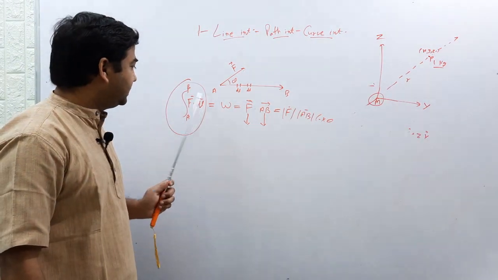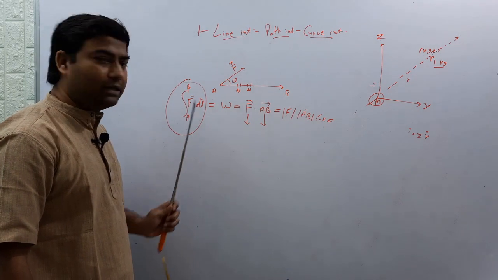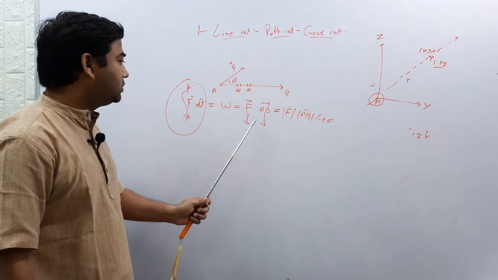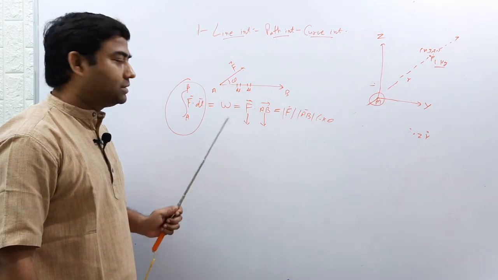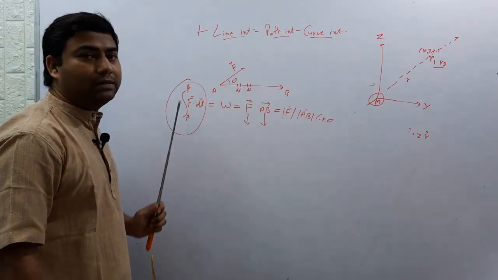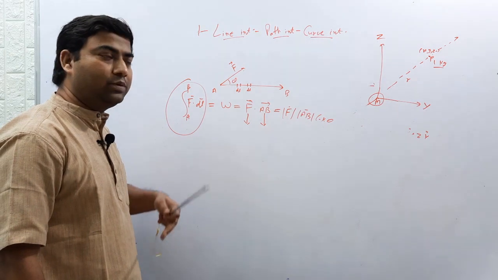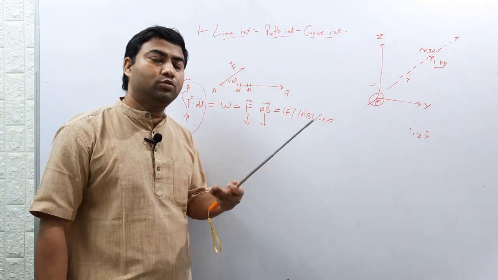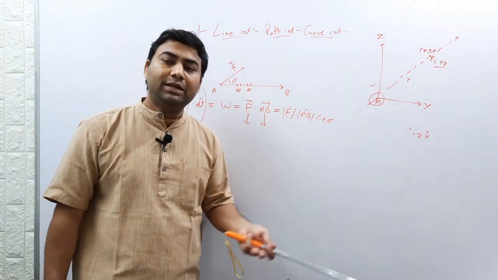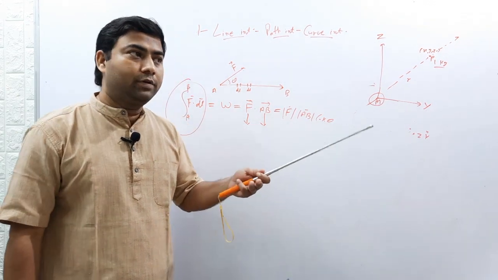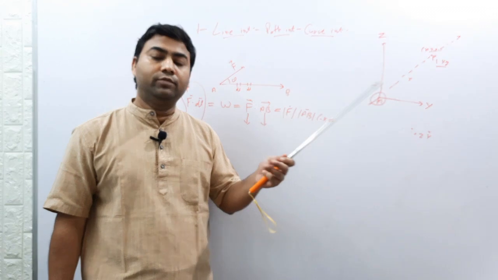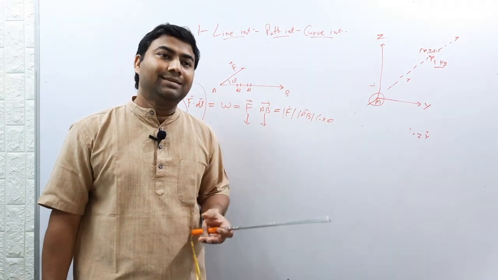It is simple. With this also you will find W, but when this force or displacement are not constant, then you have to find it by the integration method. We use integration in scalar quantities also, like finding the volume of a cone. Volume of a cone is found by integration because its